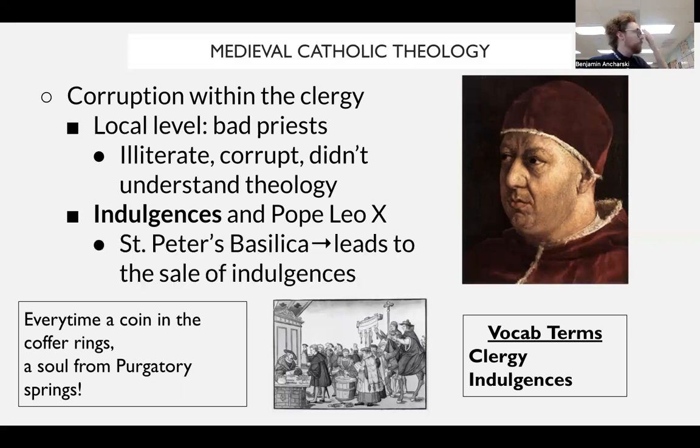And one of the main reasons why we see such a controversy about indulgences is that their sale is going to increase under the papacy of Leo X. Leo X was building St. Peter's Basilica, the center of the Catholic Church in Rome, in modern-day Vatican City. So we are going to see that to build this giant structure, you need to sell the forgiveness of sins. You need to raise money by selling indulgences.